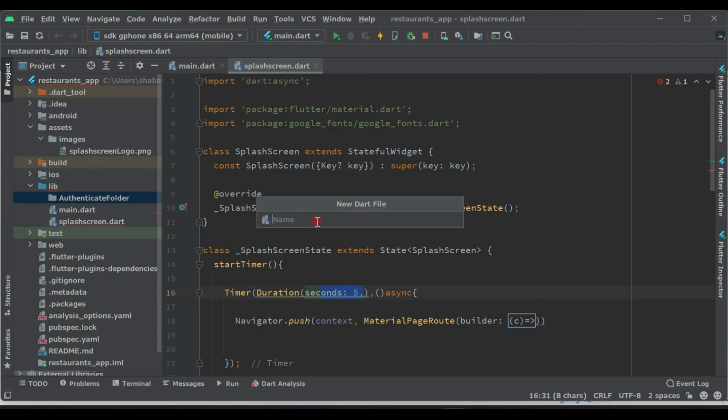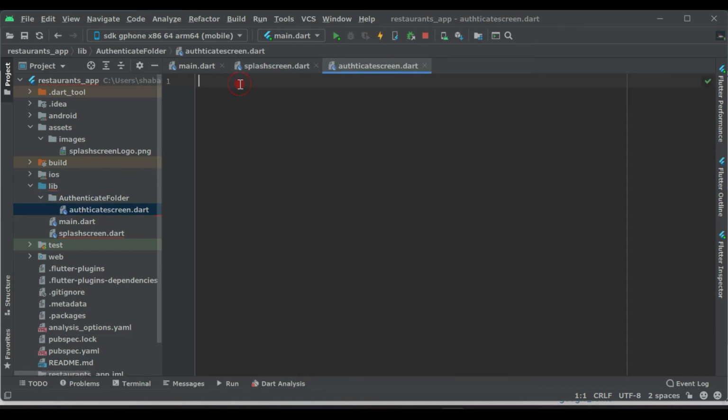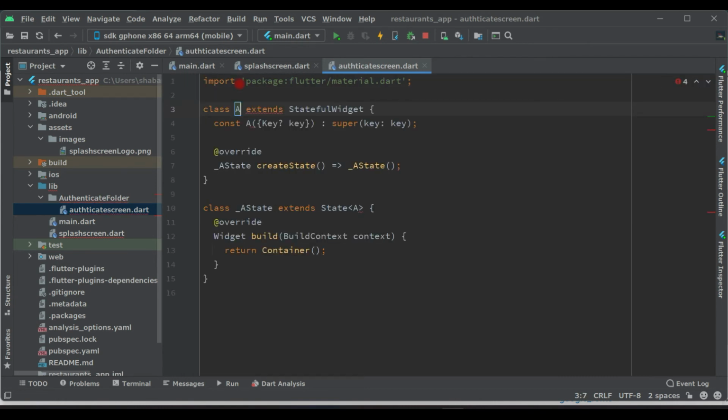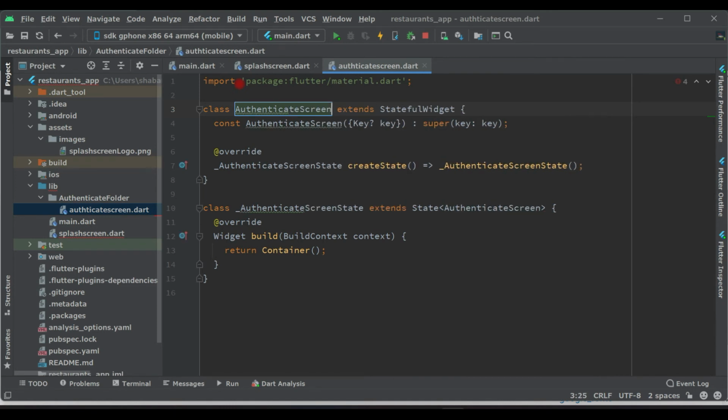Now here we will say authenticate screen, and press enter. Now here let's import material dot dart and stateful widget, and let's say AuthenticateScreen like this. And here Container, let's say